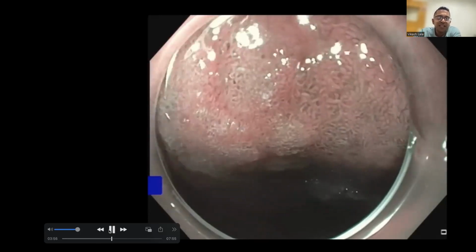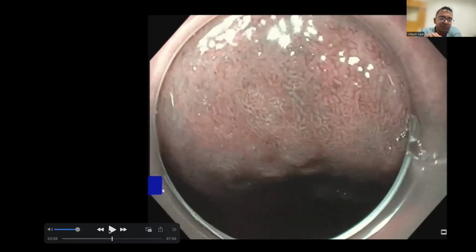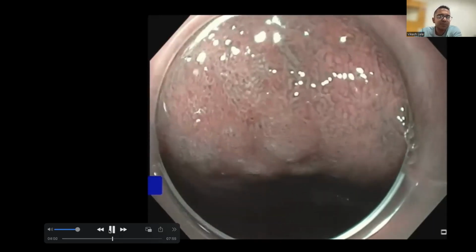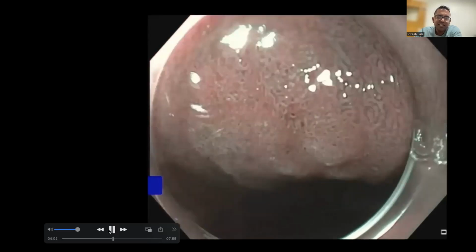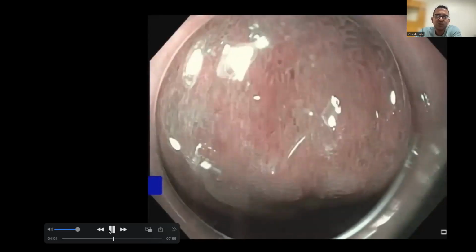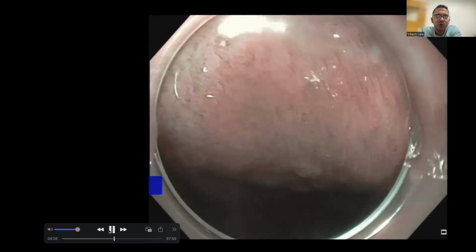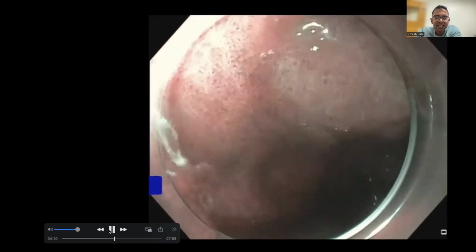And it is very important to identify this because remember in Barrett's, you do not want to burn with RFA. You do not want RFA for visible dysplasia. You always want to resect visible dysplasia. The problem is that bulkiness. When you do RFA, you're not doing full depth treatment. You're just burning the tip. And that is just the tip of the iceberg. So what you will end up doing is creating neosquamous epithelialization. So the squamous tissue is going to grow over it, but the bottom of the iceberg is still there.